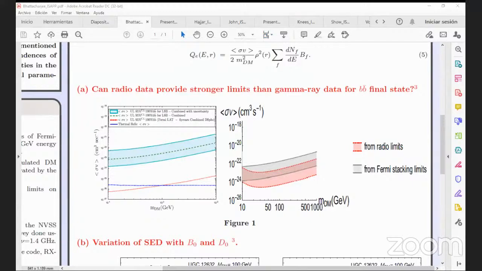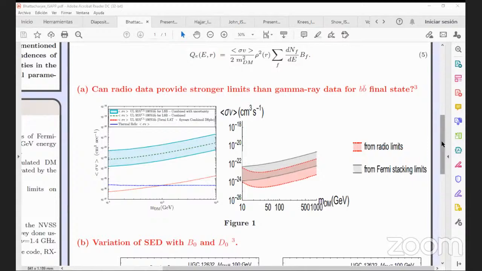So first, if you see the two images under section A, here we have the first one, the left one, where we have tried to predict the possible gamma ray limits that we can obtain from the Fermi-LAT data. But in the case of the low surface brightness galaxy, which resides at the megaparsec order, we could not expect to obtain very strong limits from the gamma ray data.